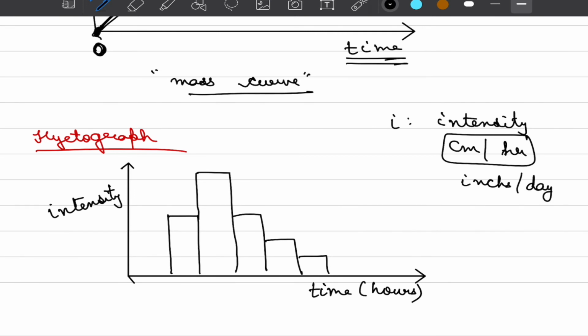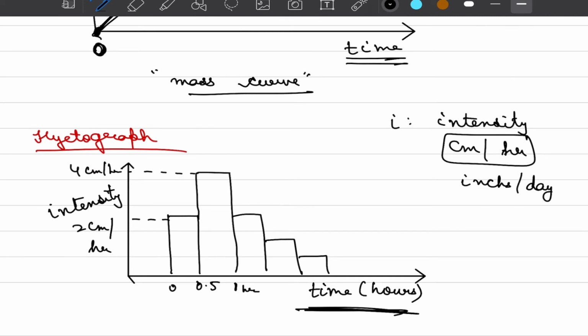And what we do is that on the x-axis we have time and on the y-axis we have intensity. That is, let us say that in the first half hour, 0 to 0.5 hour, the intensity of precipitation was 2 centimeter per hour. From 0.5 to 1 hour, the precipitation happened to be at the rate of 4 centimeter per hour. And if somebody asks us what is the total volume of precipitation that has happened